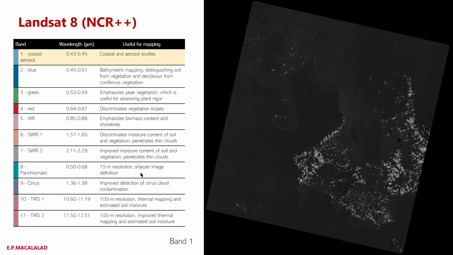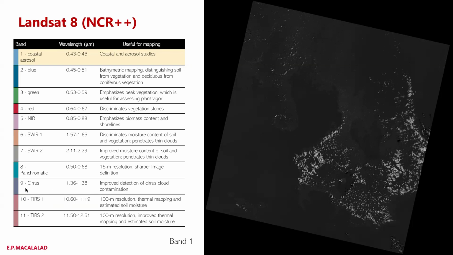Panchromatic is for sharper image definition, it's a 15 meters resolution. Okay, but for thermal infrared or far infrared, bands 10 and 11, it has a 100 meter resolution. It's basically used for thermal mapping and estimation of soil moisture.